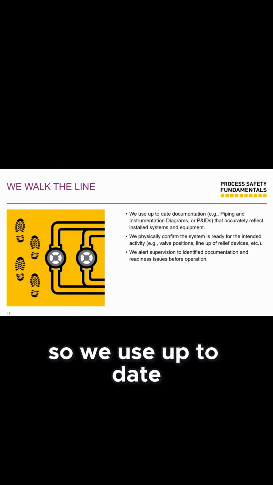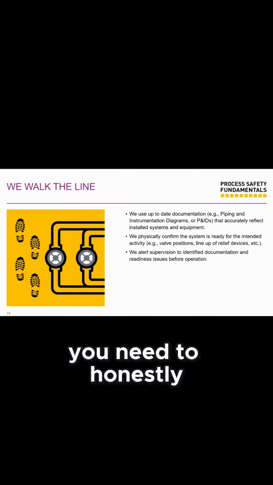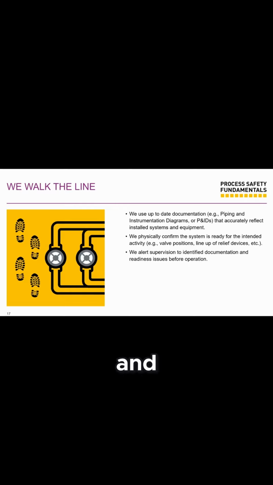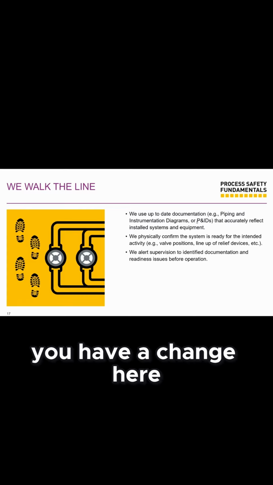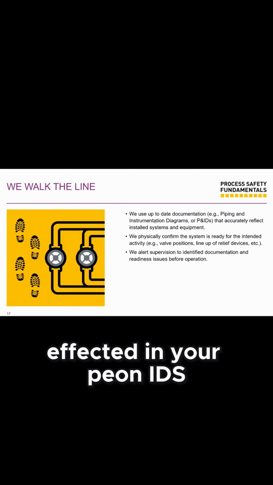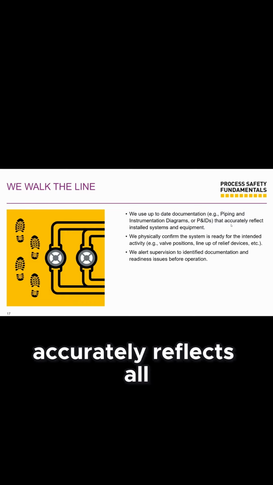So we use up to date. Once you're an operator, you need to constantly walk your line. This needs to be done, and this is done with your PNIDs. So are your PNIDs up to date? You have a change here. Has it been effected in your PNIDs? And make sure that the site, the plants accurately reflects